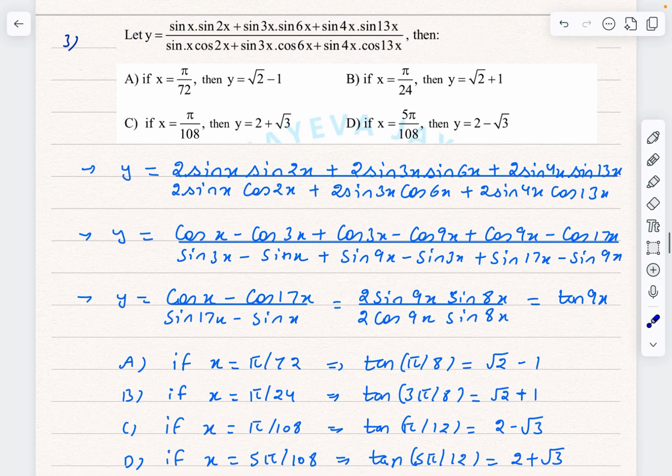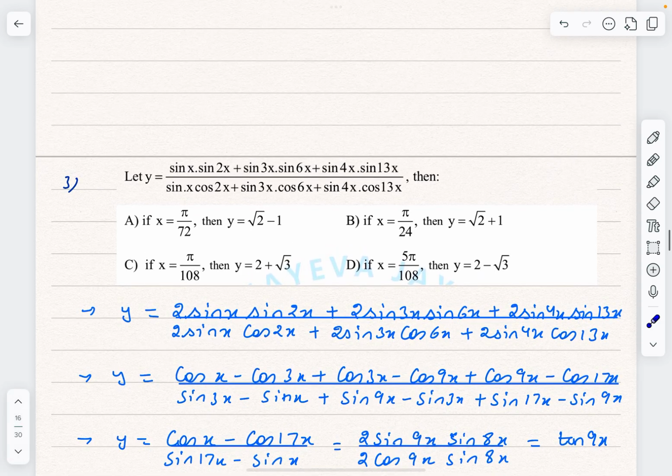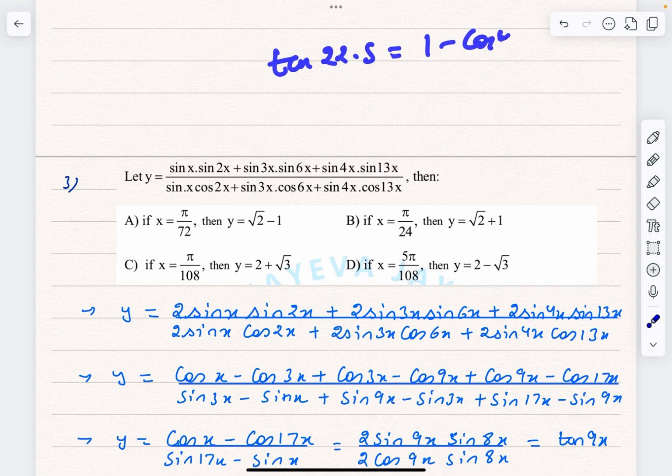I can put the options here. So if x is pi by 72, y will become tan pi by 8, which is square root 2 minus 1. Okay, tan 22 and a half, we have discussed one problem in the class. We found out that tan 22 and a half was 1 minus cos 45 by sin 45, which came out to be root 2 minus 1. Next,